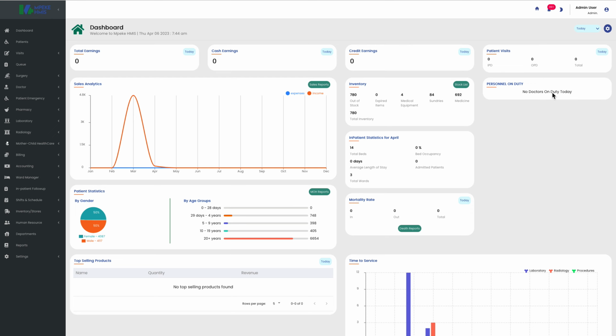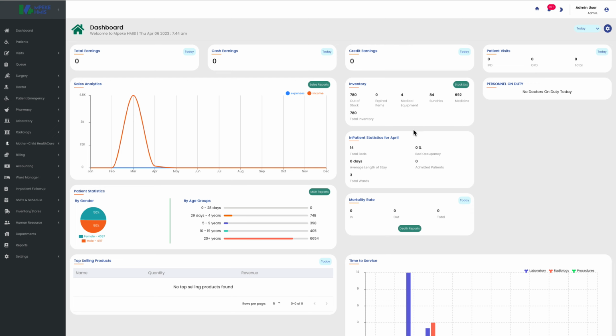For example, it shows you the total earnings, then breaks them down into cash earnings or credit earnings, then patient visits at this point, then sales analytics, your inventory to show you what is out of stock, what items are expired, what medical equipments are still in stock, what sundries and then medicines are still present